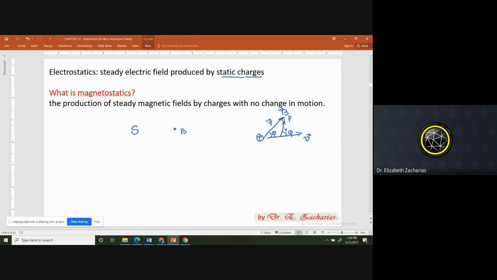Then what is the meaning of magnetostatics? How do you exactly get magnetostatics is the next question. Let me just try to answer. Please remember the principle of superposition. The principle of superposition is valid for electric field and magnetic field. So what does that mean? The net field at a point will be the vector sum of the field due to two or more different sources.